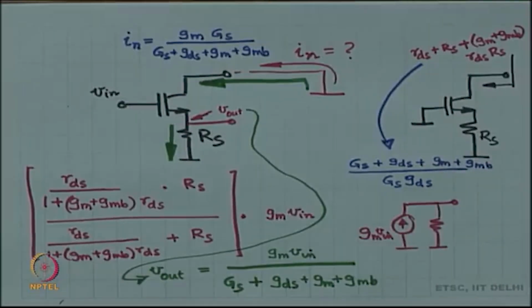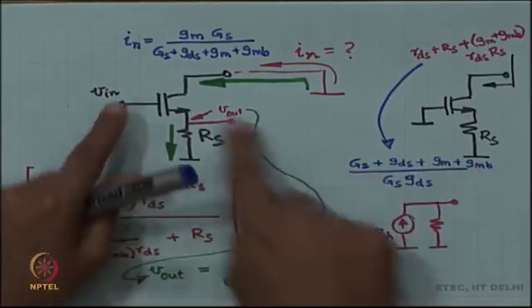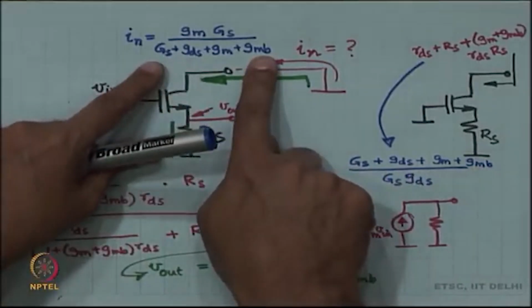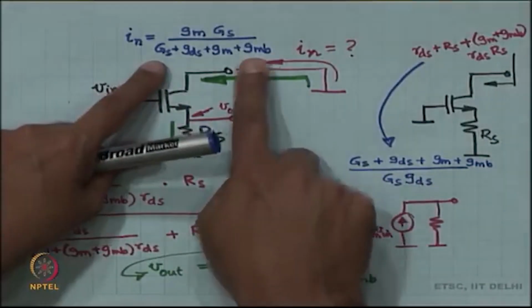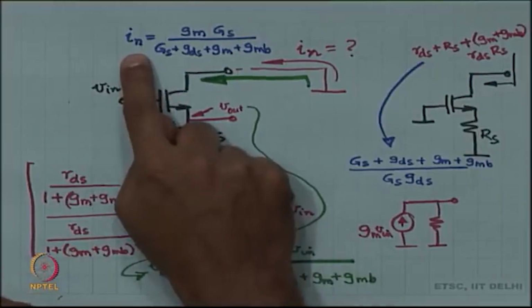Okay. So, this is the output impedance. This is the reason why I did that actually. Okay. Note this numerator and this denominator are the same, they are the same. Okay. Very good. So, I have the output impedance,